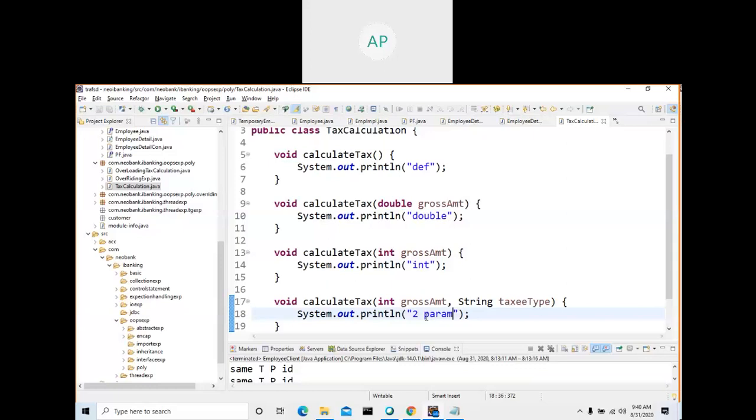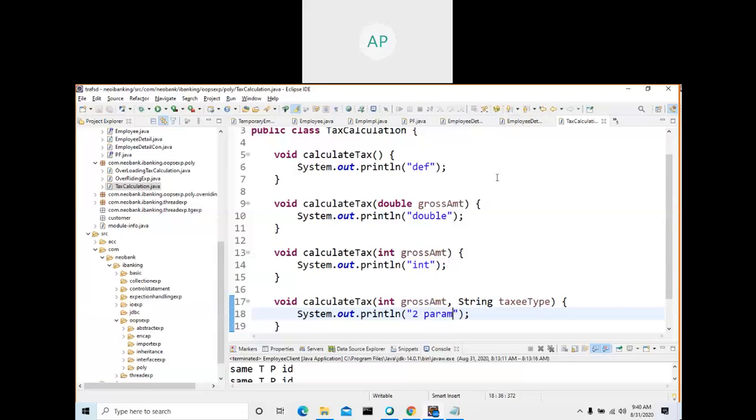It's up to you. If you ask about the advantage, readability is one of them, and it gives a better design of our code. That's the main thing, nothing other than this. So either you can use the OOPS concept, which is one of the polymorphism concepts, and do your code, or without polymorphism you can also do it.